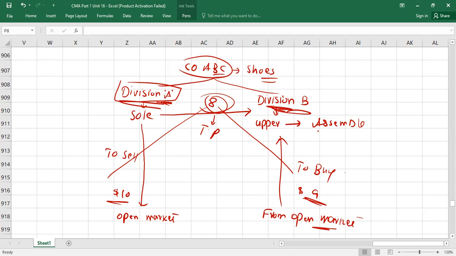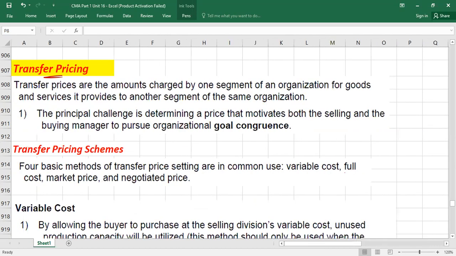So this is the scenario. This is the problem I tried to highlight. What is the problem with transfer pricing? Now we will go through this, because this theory is required to solve questions. So that is why I'll go through every line with you. I need your concentration. So number one, the transfer prices are amounts